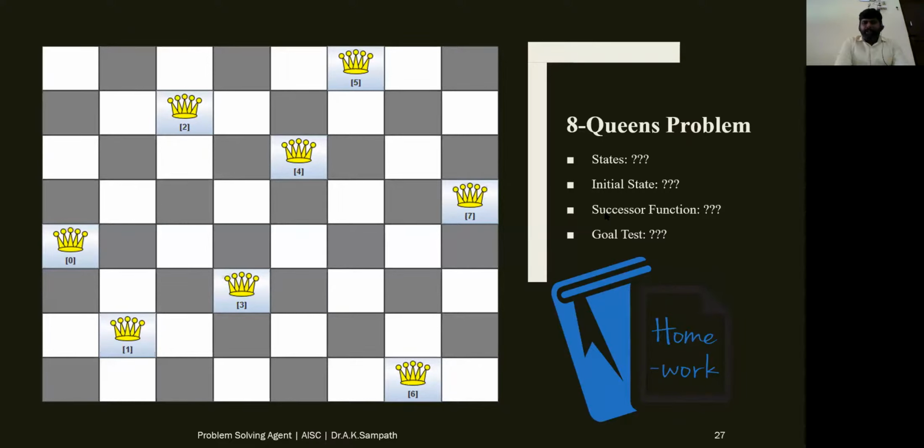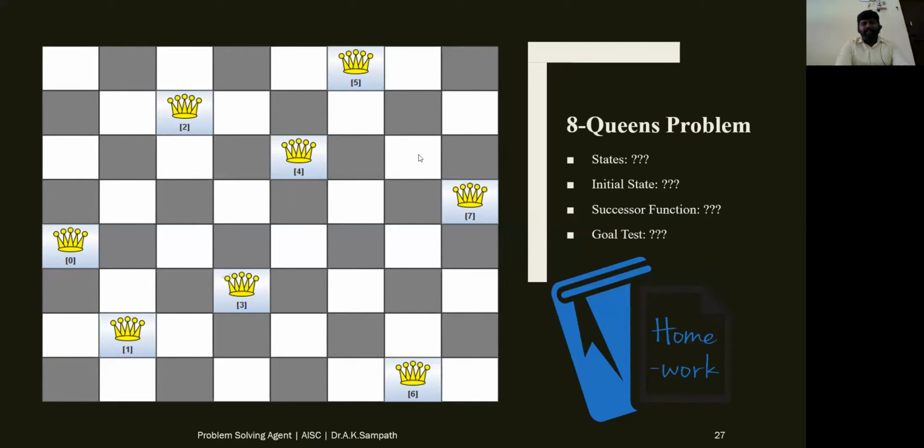So you need to identify everything. Initial state, I have given the initial state, right? And what are the intermediate states? Every move you make, every time you try the first position, second position, right? Placing the first queen, placing the third queen, right? And what are the things you are considering, right? All these things you need to identify. And finally, after how many moves you reach the goal state.